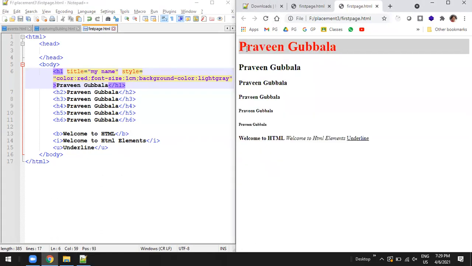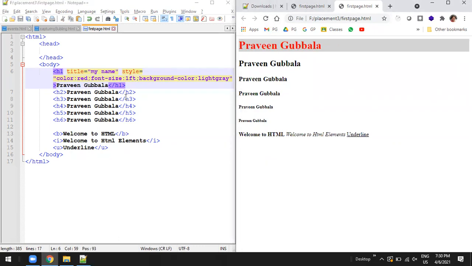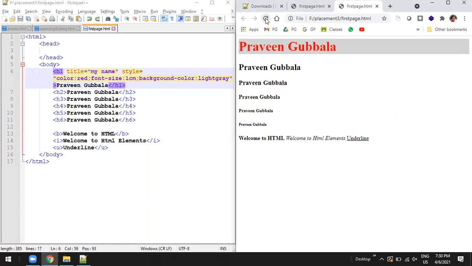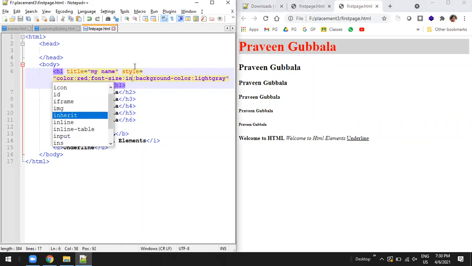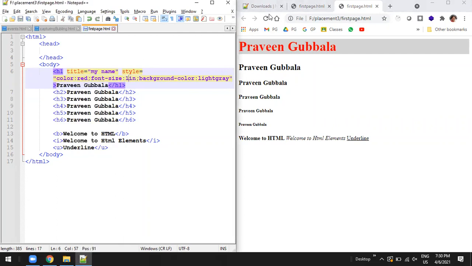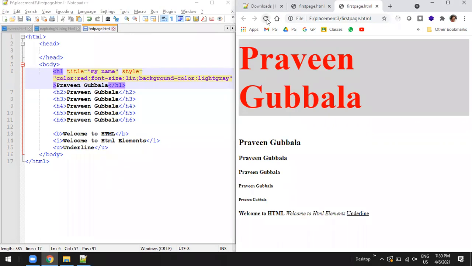Each font will occupy 1 centimeter. 1 inch, that's up to you. Do we have feet? I don't remember. No, we don't have. Okay, fine guys. Like this you can mention different font sizes and make use of them.